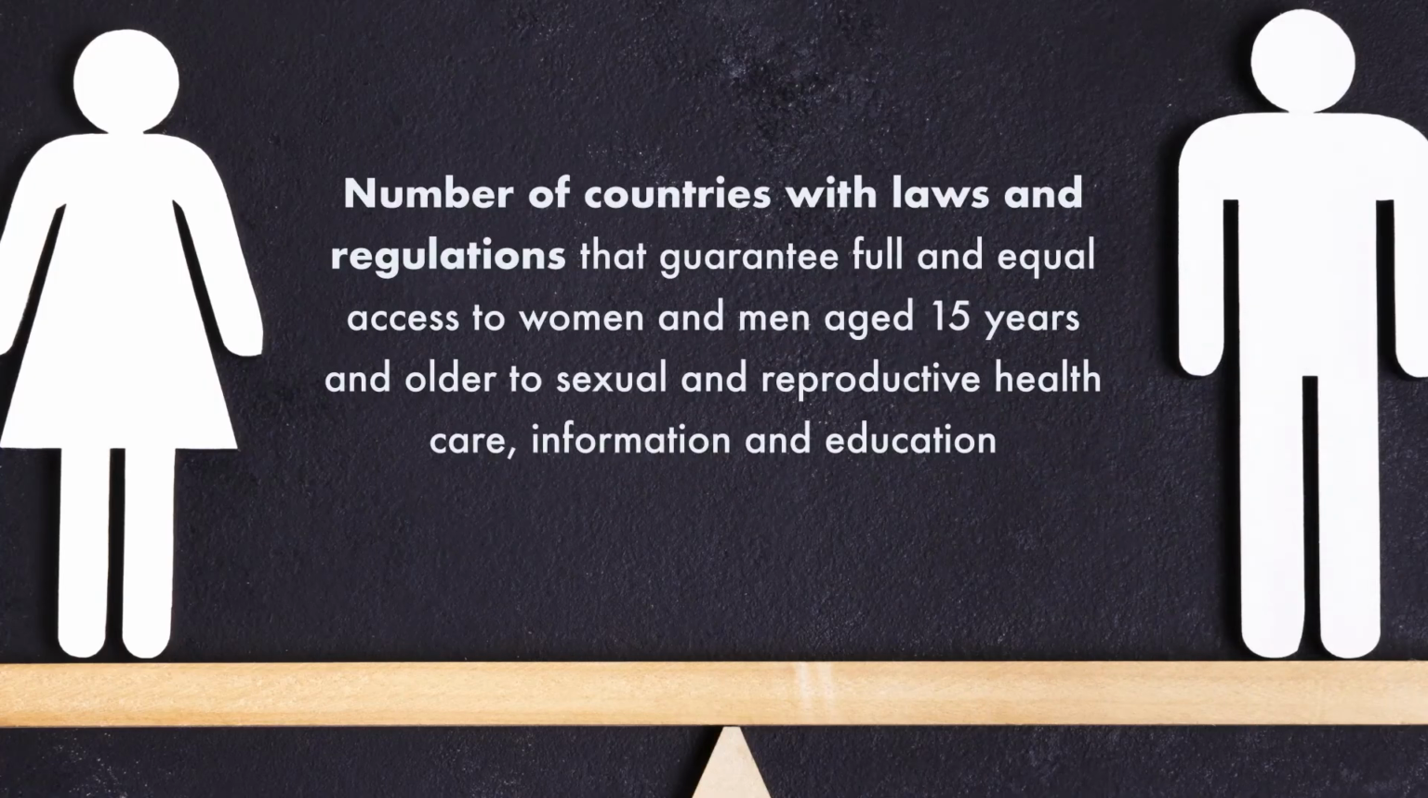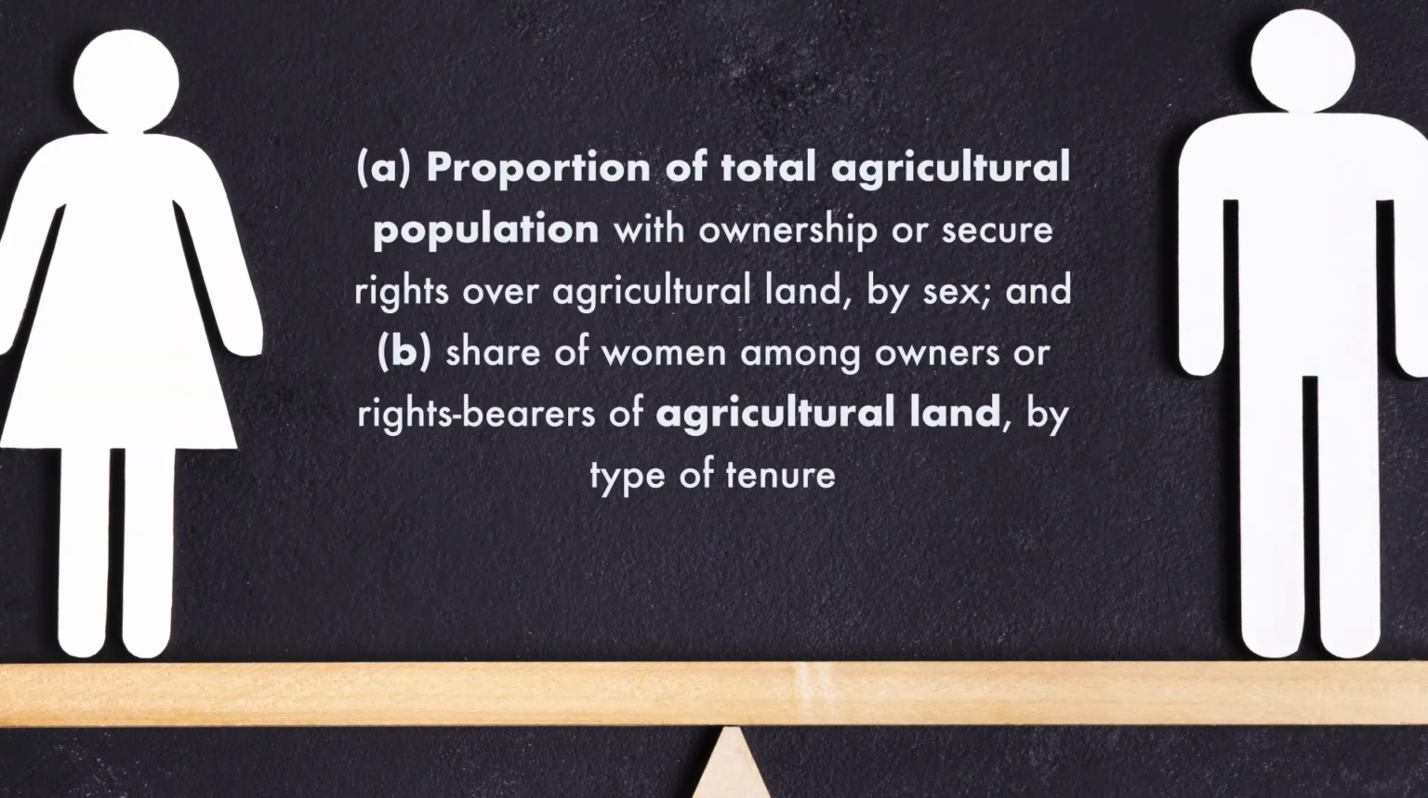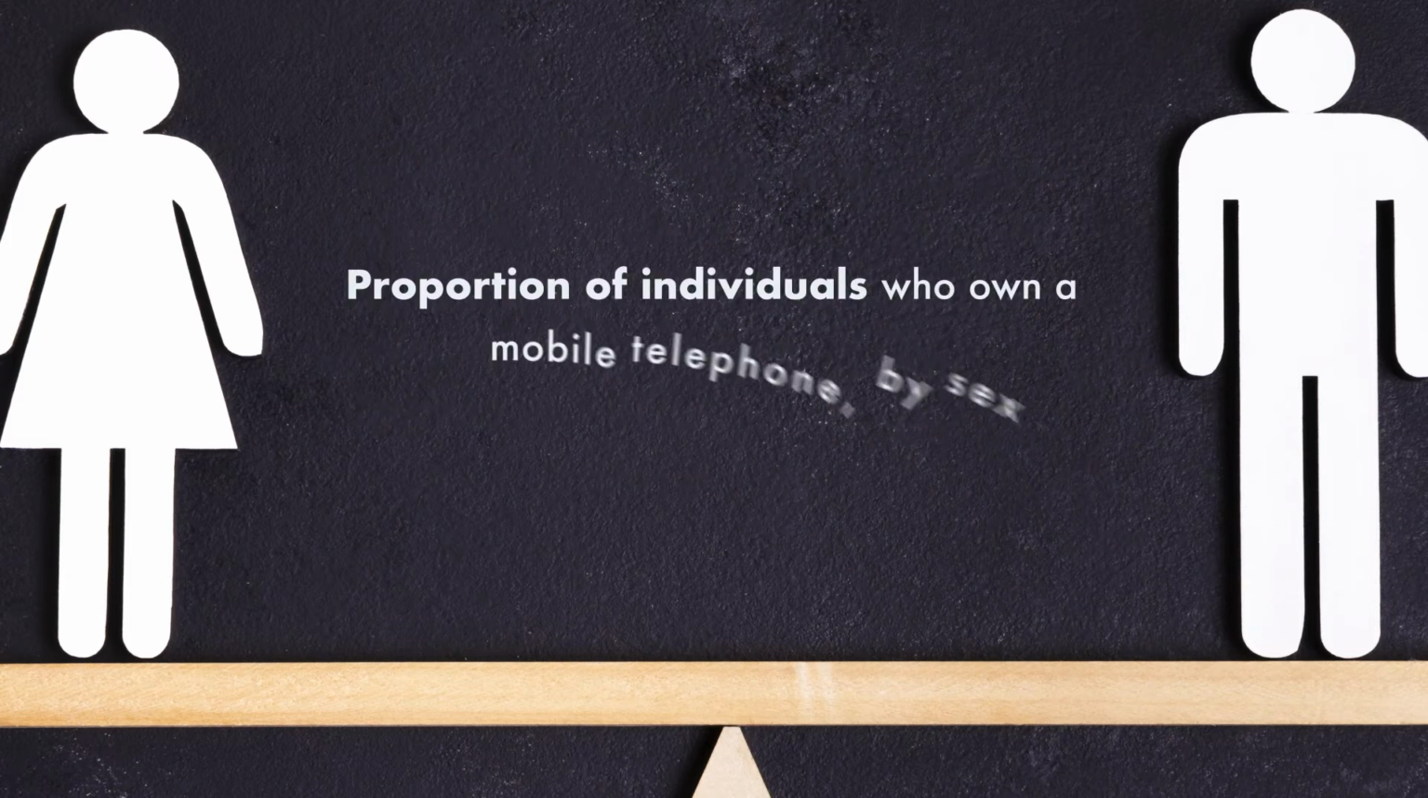The number of countries with laws and regulations that guarantee full and equal access to women and men aged 15 years and older to sexual and reproductive health care, information and education. Proportion of total agricultural population with ownership or secure rights over agricultural land by sex, and the share of women among owners or rights bearers of agricultural land by type of tenure. Proportion of individuals who own a mobile telephone by sex. These are a few indicators that follow the progress of